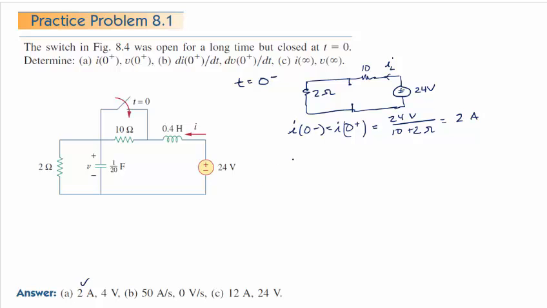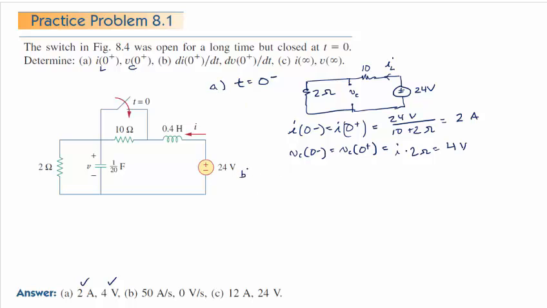Okay, so then the other thing is what's V, which is V across the capacitor at time 0 plus. So first we look at time 0 minus when we have this circuit right here, and the question is what's the V in the capacitor right there. V in the capacitor at time 0 plus would be equal to, it's just an IR thing, so the I that's in this circuit times the R right there. So it would be I times 2 ohms, which equals 4 volts. Yes, I got 4 volts. Correct. So that's part A.